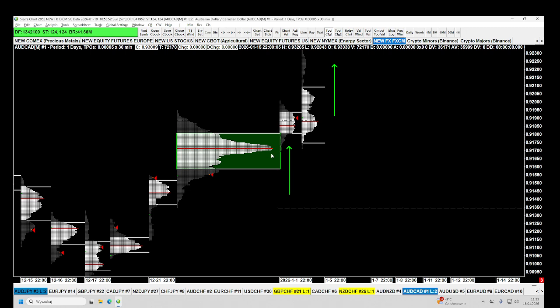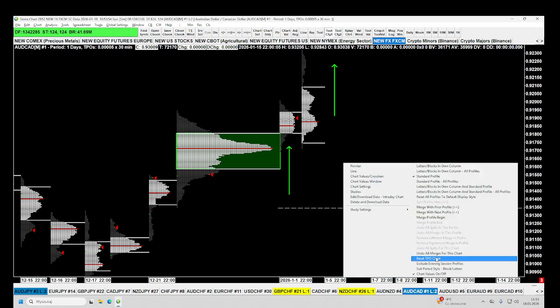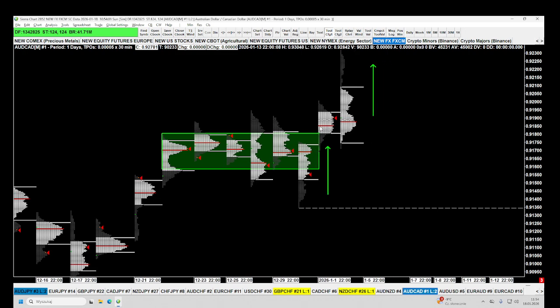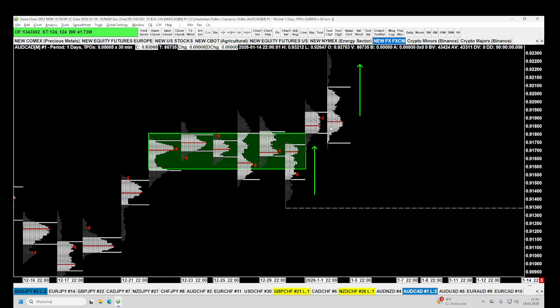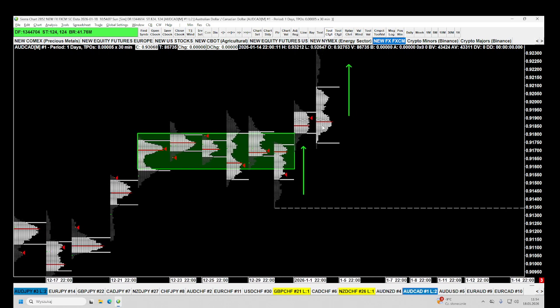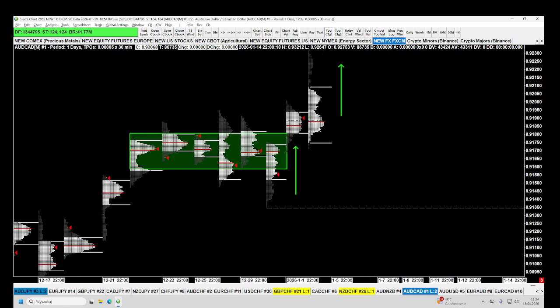Okay, and then from this value area, we had a breakout to the upside, and we have 2 days which are for me statistically important, and if I have 2 days, I can merge them